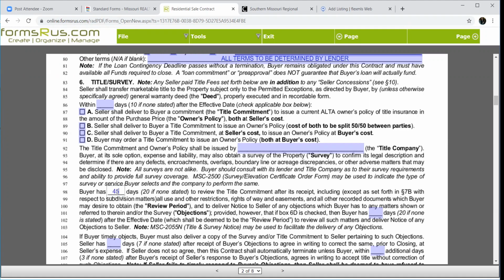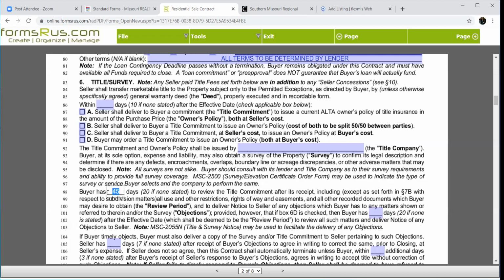Okay? Let me see specifically what it says here. Title commitment including use and other restrictions, rights of ways and easements, and all the recorded documents the buyer may desire to obtain. Also, a survey. So they've got to not only get the document and review it in that time period, but if they're doing a survey, that has to happen in that same time period, and you're not going to get that done in 20 days. So extend that through to your closing because that gives you time to review those documents. Hopefully it won't be an issue, but I like to extend it through just to make sure I'm covered. Because again, if I get a survey that comes back that my buyer doesn't like, and I've left this at 20 days and it's the 21st day, they can't use that as an excuse to leave the contract, okay?